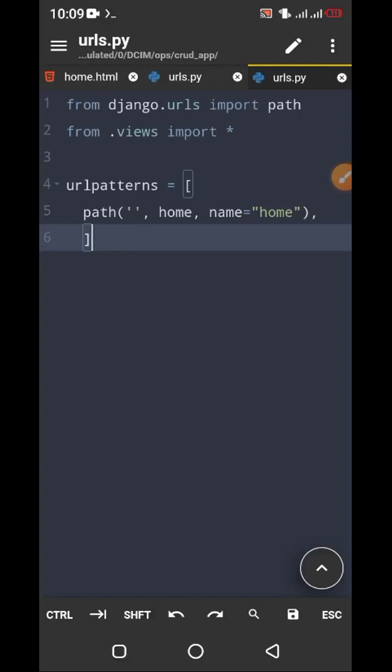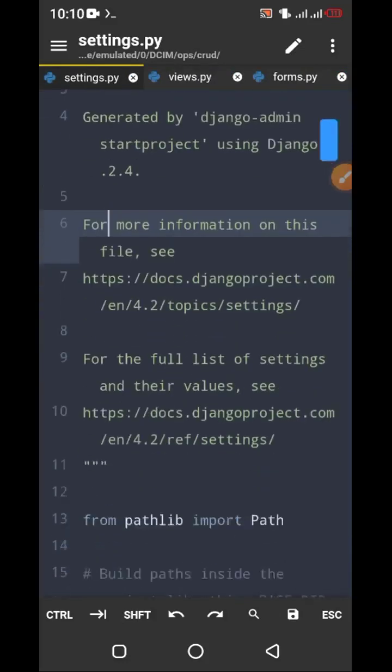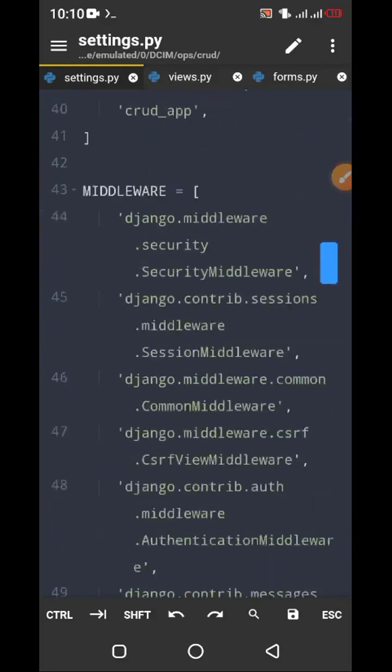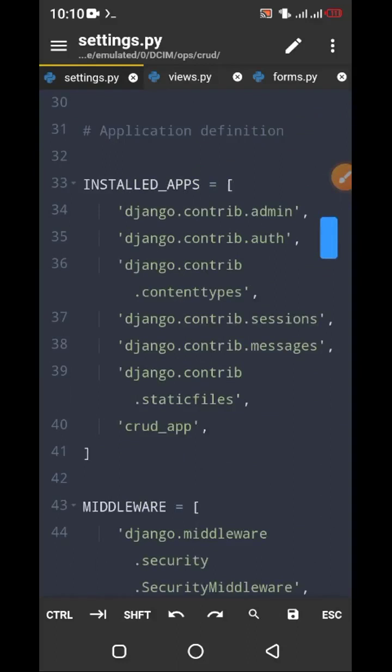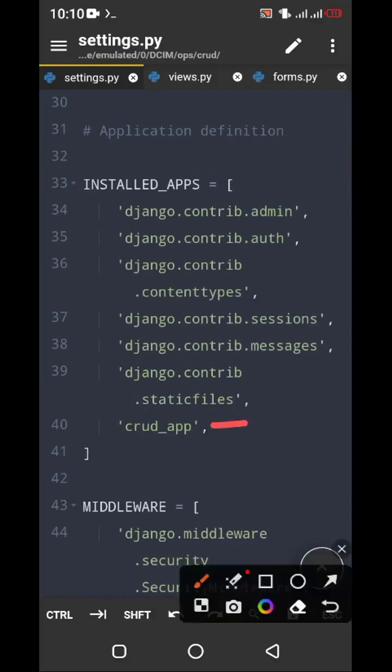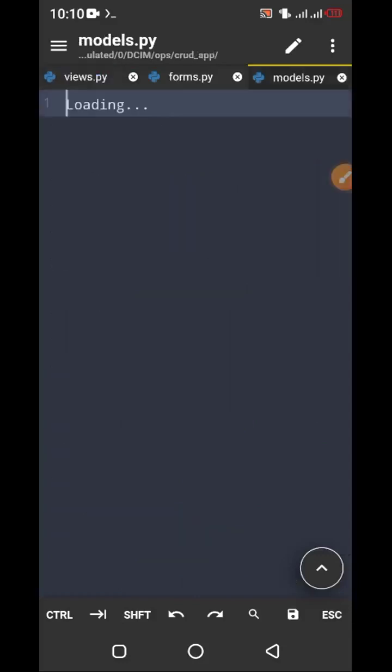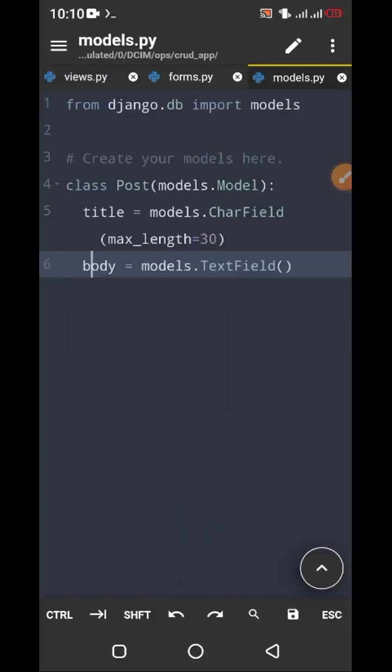Okay, let's quickly recap what we have done up to this point so that people won't get confused. First of all, I have created an application, an app, and then I registered it inside the settings.py file. I registered the app here, CRUD app right here, and then into my models.py file, and I've created a post model, and then I went to my terminal and made migrations and then applied the migrations, and then I came back